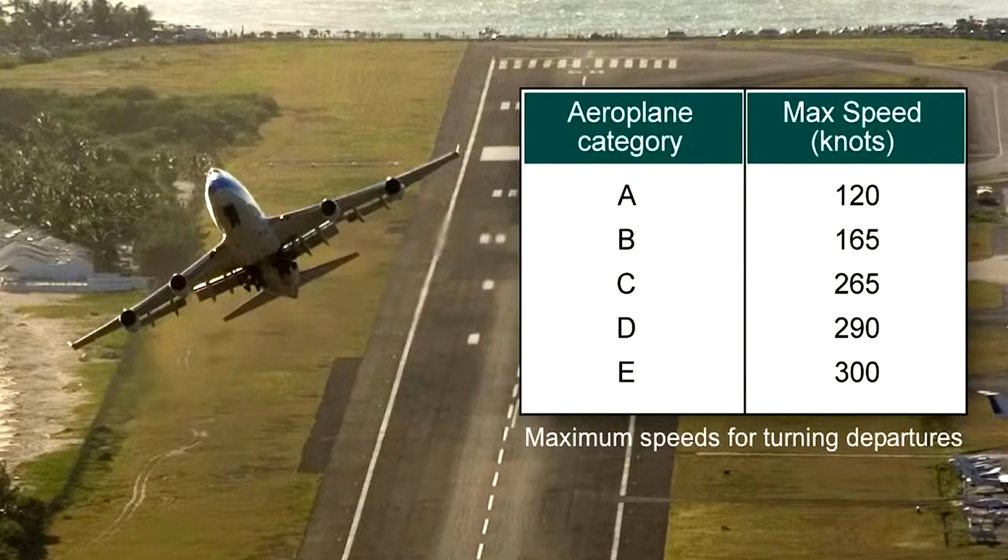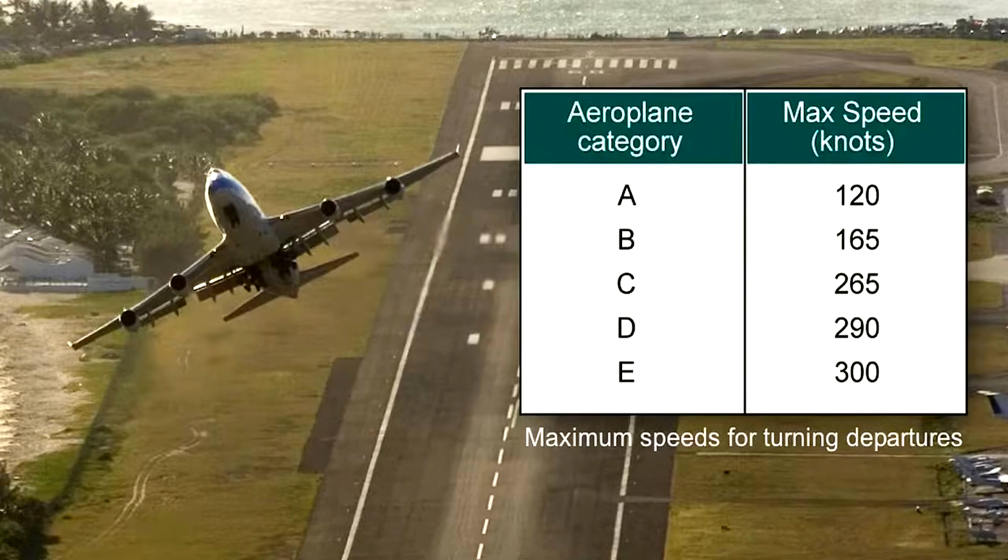Mountainous terrain is not defined. But when designing departure procedures, if average wind speeds of more than 20 knots prevail and the terrain produces downdrafts, then increased obstacle clearance criteria are applied. Aircraft category also plays a part in defining departure procedures because the speed of the aircraft clearly influences the size and shape that the departure procedure will be. The table you see here defines the maximum speeds for each category of aircraft that ensures safety within the published procedure.